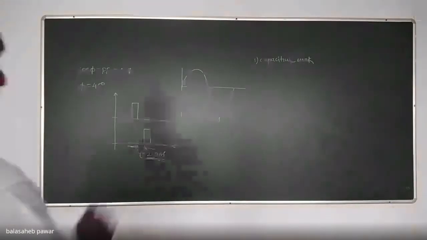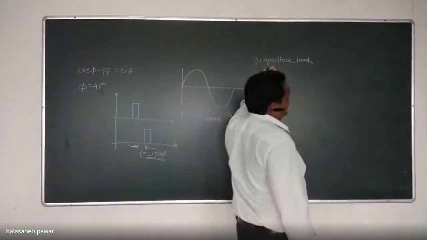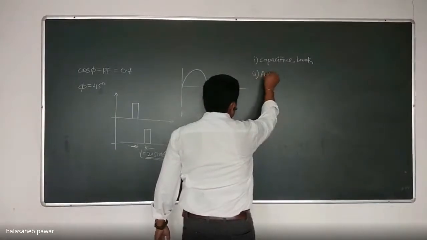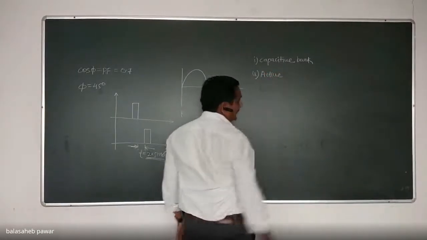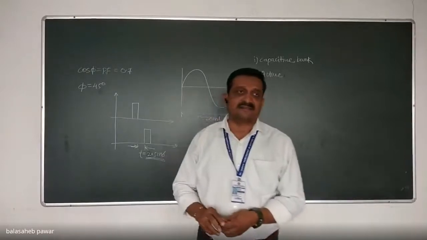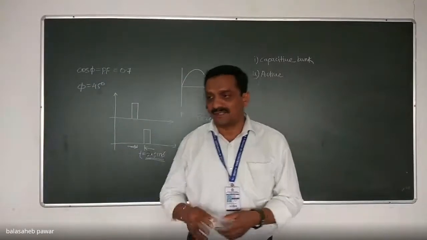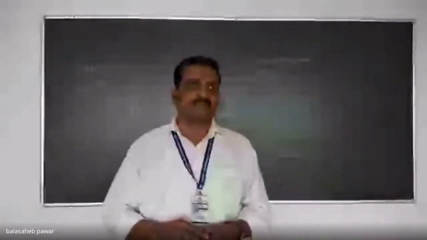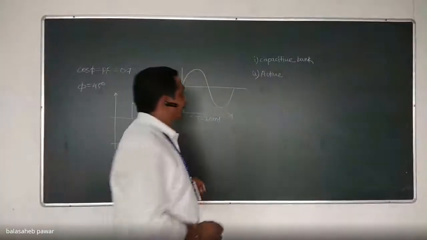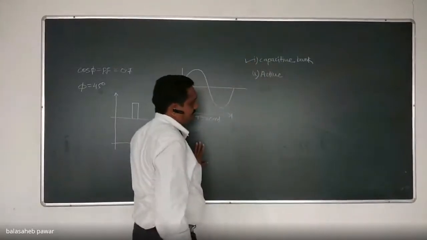So this is one of the passive methods to improve the power factor. The second one is the active methods, that means using thyristors, our power electronic devices, we can improve it, and those various methods you will study in detail in the next semester in power electronics. At this stage, we will think about the capacitor bank, this first one.